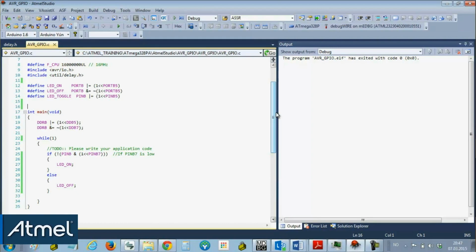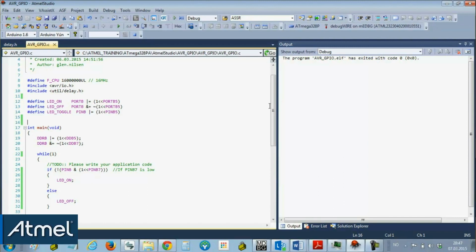In the last video, we read the status of an I/O port to turn on an LED when we pressed a switch. If we want to make this closer to a real-world application, the type of application where millions and millions of AVRs are used in a very simple and unglamorous way, you have a switch and the system is off or in a very, very low power mode, and you've got an AVR just monitoring for